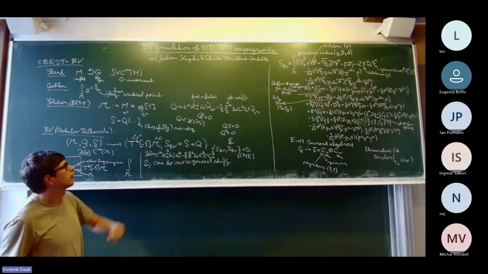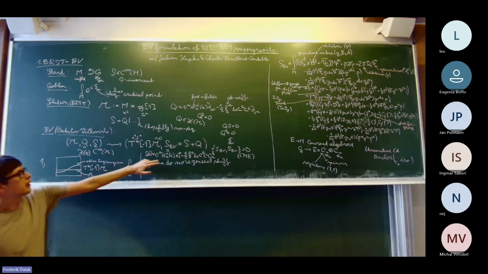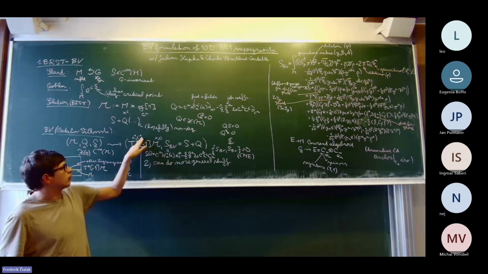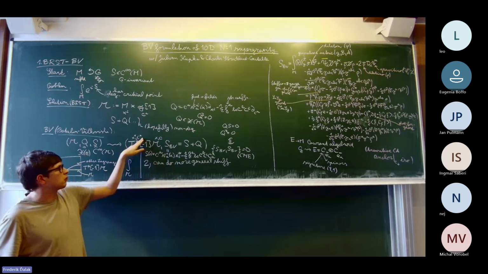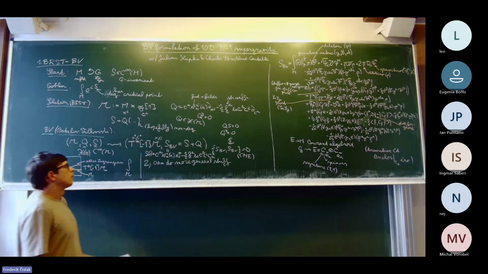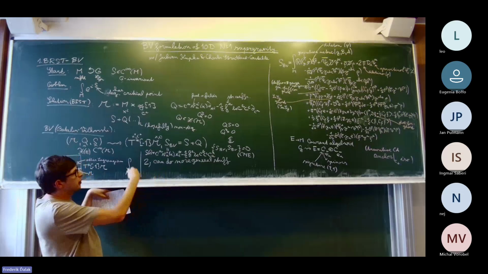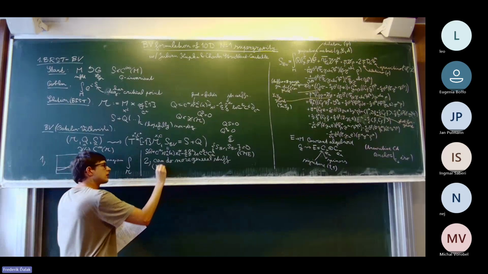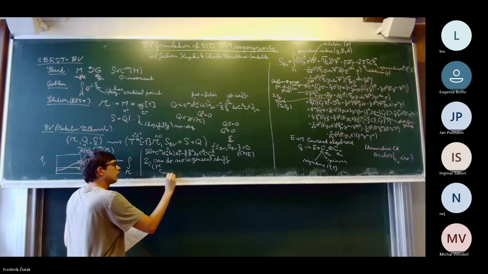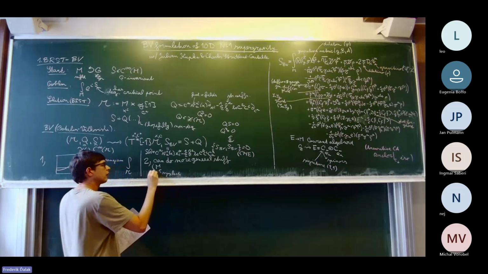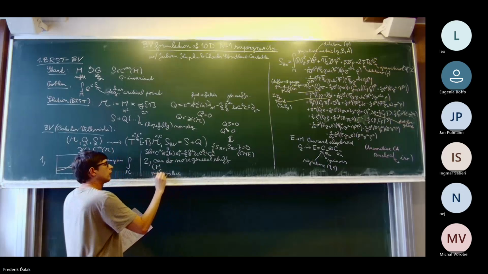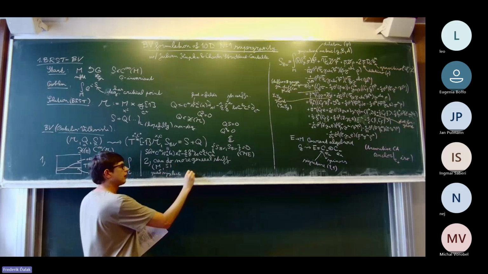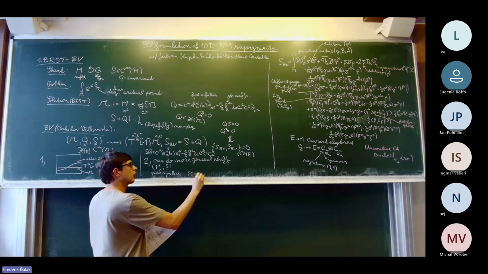Okay, S plus Q. Now, one thing you can see here is that this expression is at most linear in the cotangent direction, in the cotangent coordinates. So what BV allows you to do is go beyond that case, and you just postulate that you want to have some graded symplectic manifold, and you want to have some function which satisfies the classical master equation.